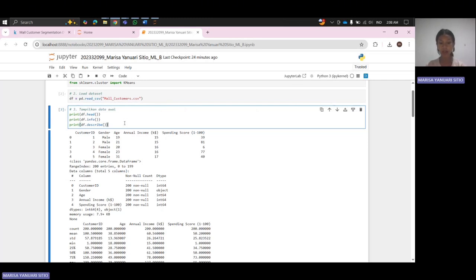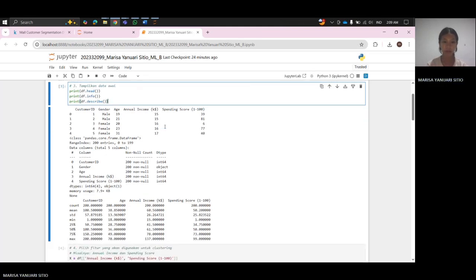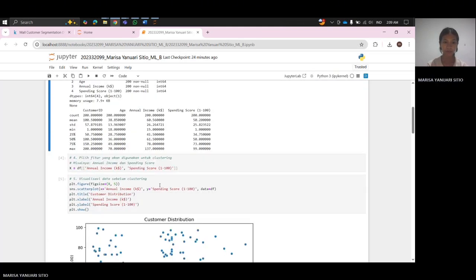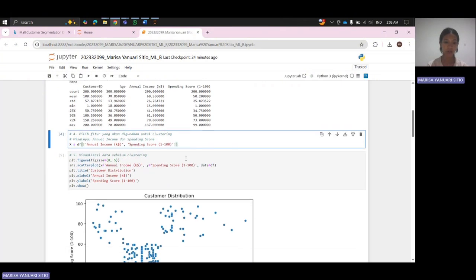Info shows the data types and whether there are any missing values. And describe provides summary statistics, min, max, etc. for numeric columns.